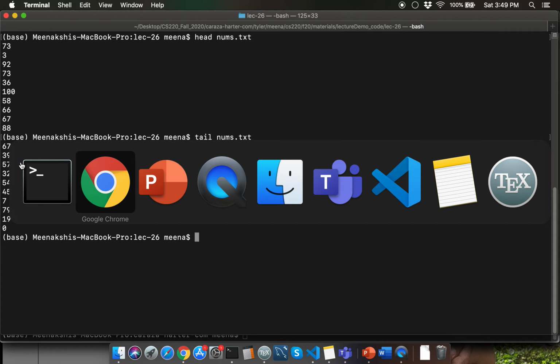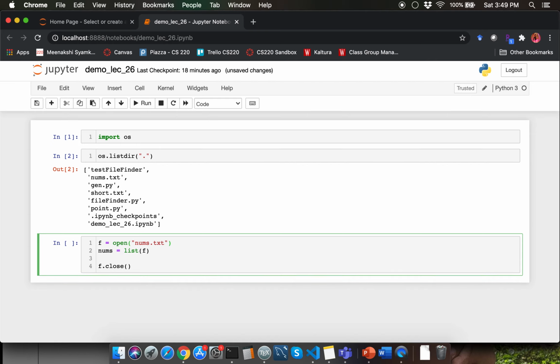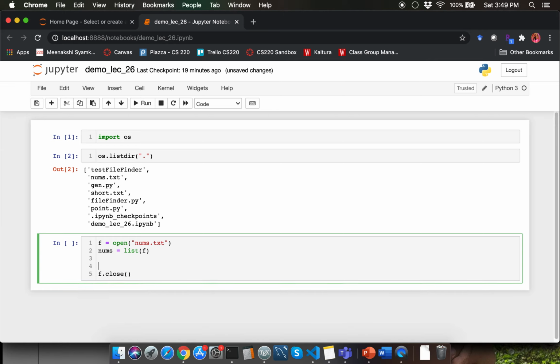The first approach that I'm going to show here is going to use the list conversion of your file object. You can do that because a file object is an iterator. Since an iterator is an iterable, you can convert the file object into a list because of the cyclic relationship that we covered as part of one of the previous lectures. So I'm simply going to say list of f. What does this give me? It gives me a list of numbers, right? So let me call the variable for that list nums. Always use meaningful variable names when you're writing any program.